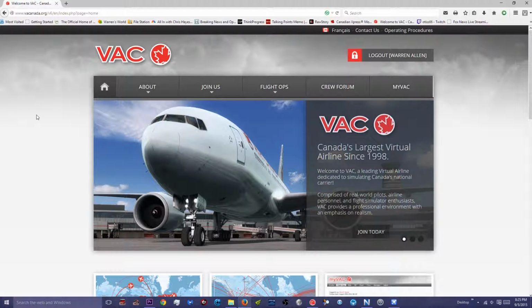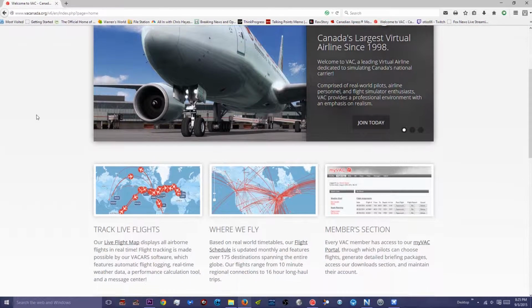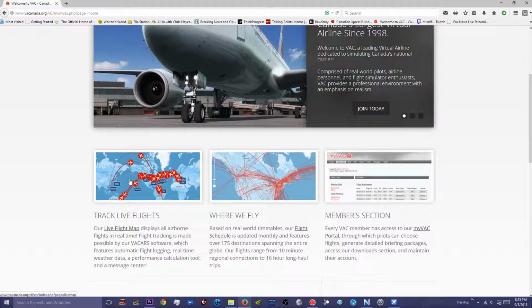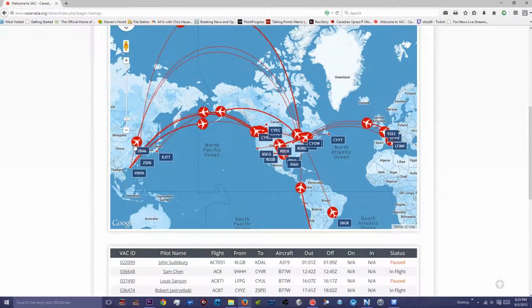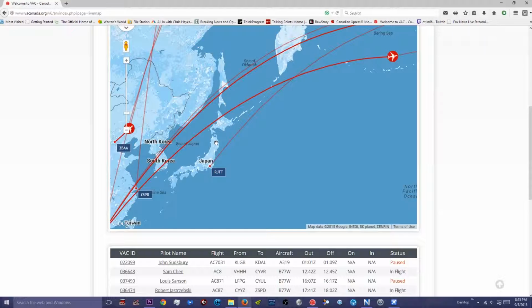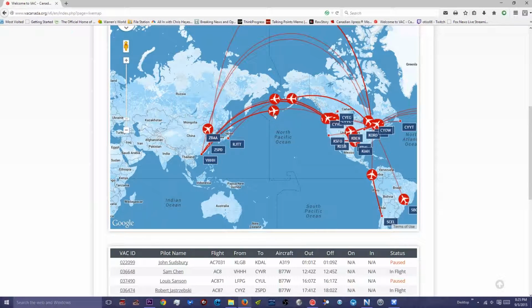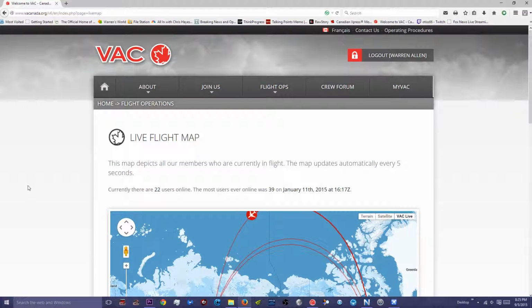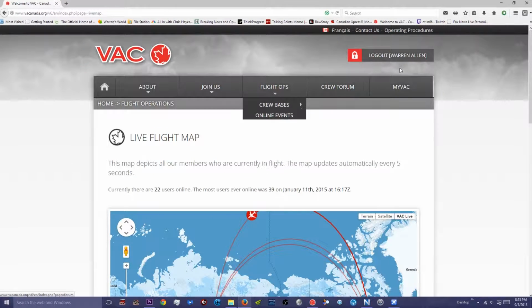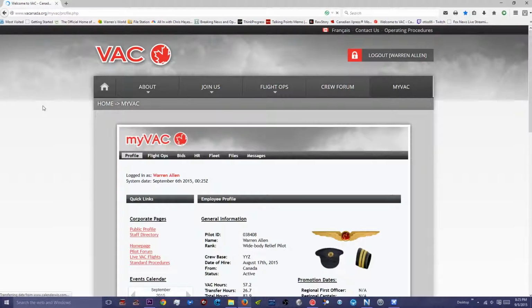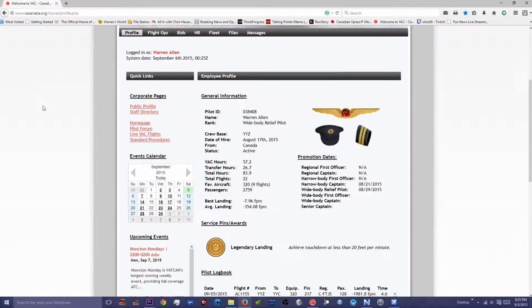This ACARS client just makes it easy as a dream, and there's other little features, like you can live track and see what all the other pilots with Virtual Air Canada are doing right now at this moment, and then you can have a chat with them through the client if you so wish. There's lots of coolness here. And one other thing that I think is very cool that I hadn't experienced before is it tracks your landing